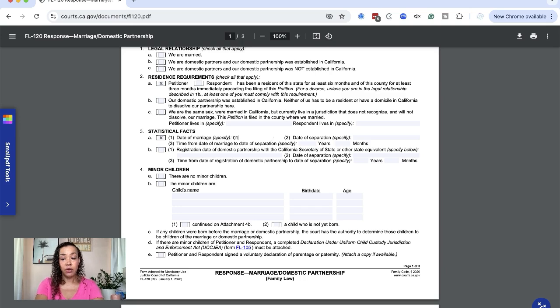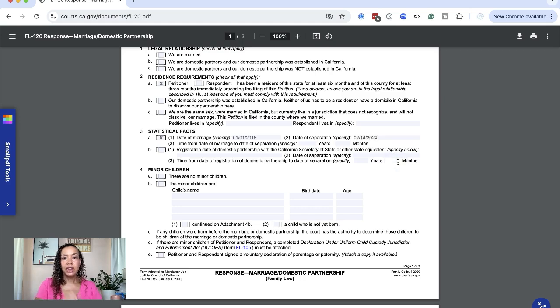So let's say you married on New Year's Day, 2016, okay? And then the date of separation. The date of separation is not legal separation. It's the date when you're like, this marriage is done. Either you moved out, or maybe you moved to different bedrooms, or maybe you said, you know what, this is over. We're getting a divorce. We can't afford to move out. Okay, so maybe it was just a rotten Valentine's Day. And so you're like, you know what,